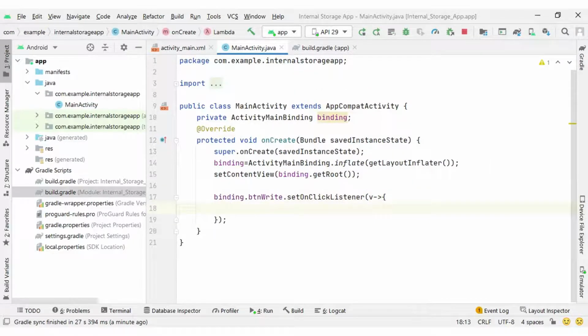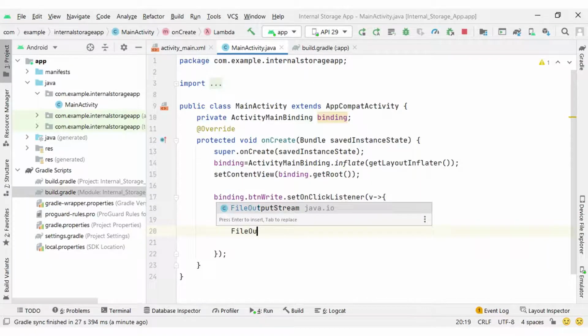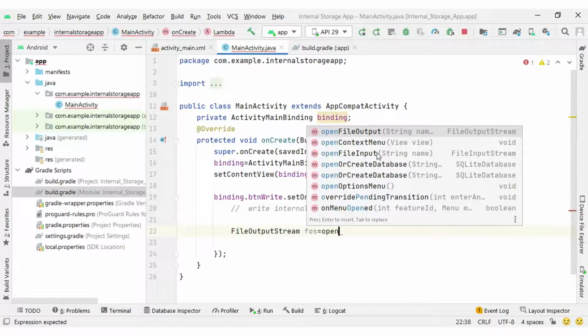Here I am going to write the code for writing on internal storage. For that, we are going to create a FileOutputStream instance, because we have a ready-made method given by Android, openFileOutput.